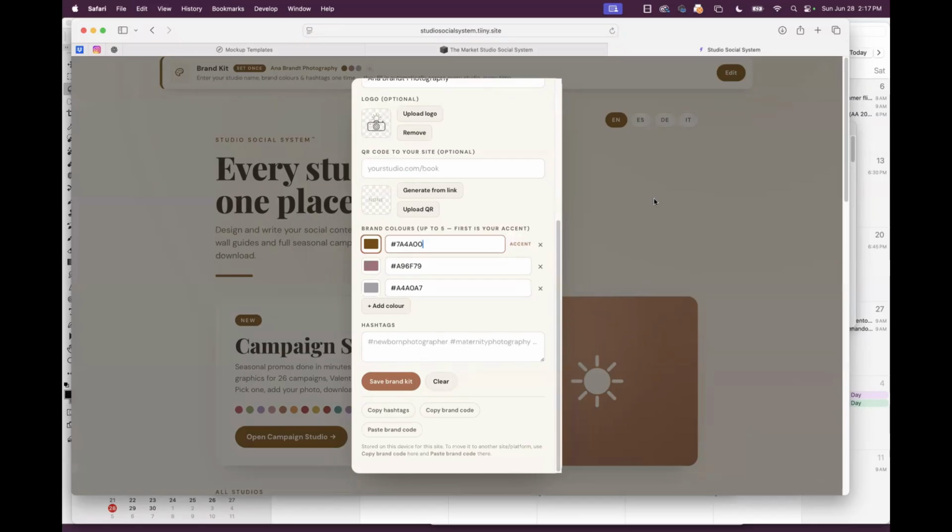Okay. But she said she can't add a hex code. Why not? Only pick the color, like Carrie said. In your brand kit or in Social Studio specifically?